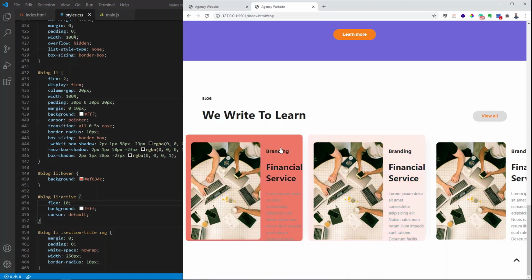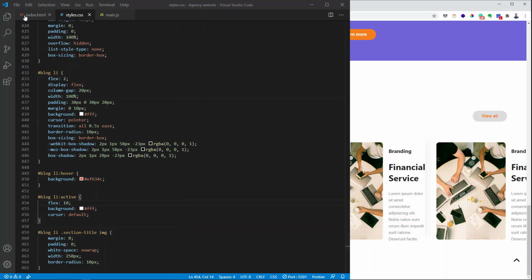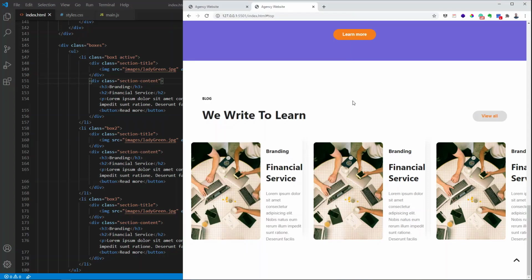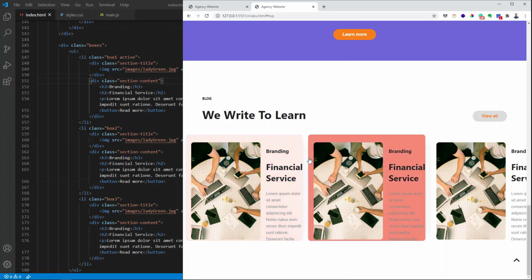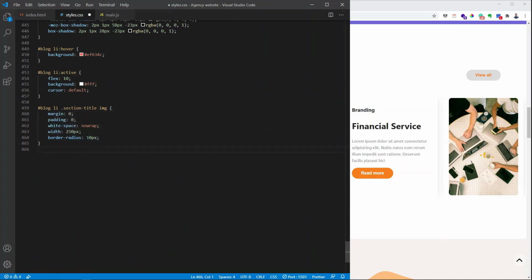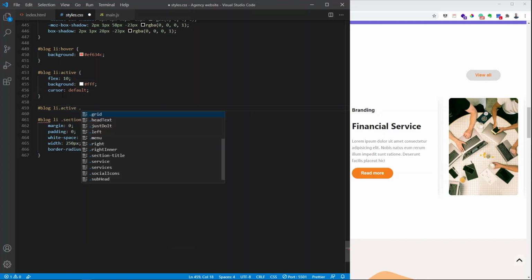So now I want to style the active with the section contents. This is the section content. So I want to style the section content, any active. Whenever it's active, I want to style the section content. So now I'll go back to the CSS and I will say, let me come up here, say blog list li dot active dot section